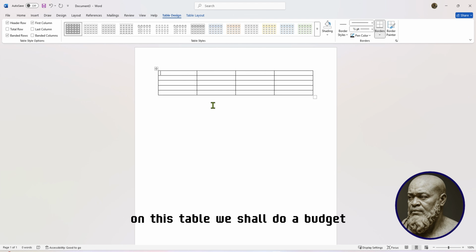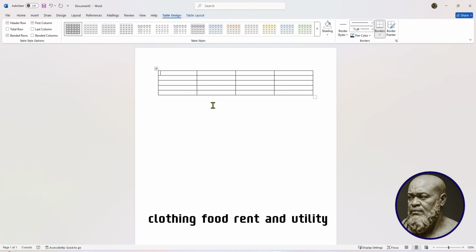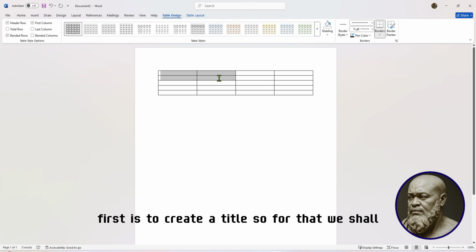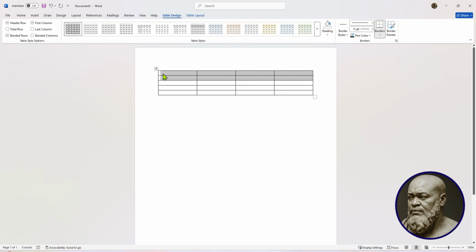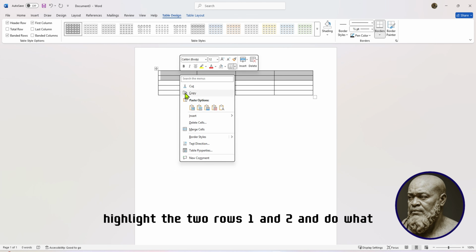And in this table, we shall do a budget. Let's say a weekly budget for the month. It will include various categories like transport, clothing, food, rent, and utility. So let's start. First is to create a title. For that we shall highlight the two rows 1 and 2